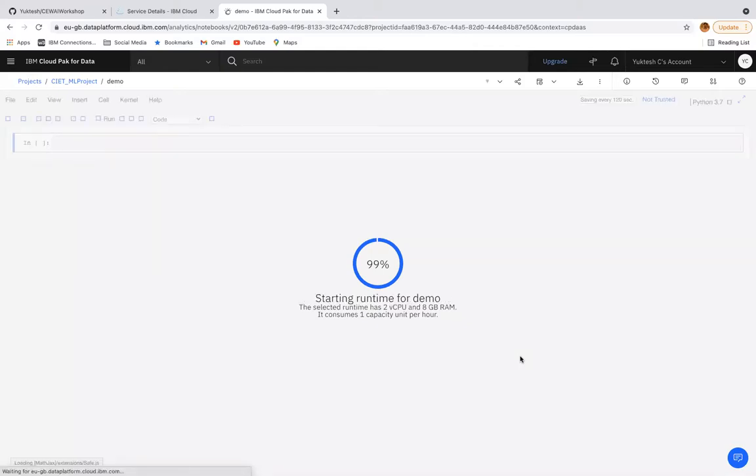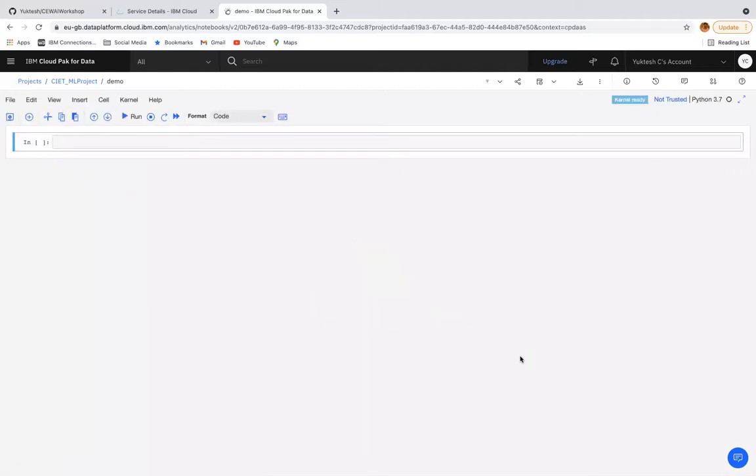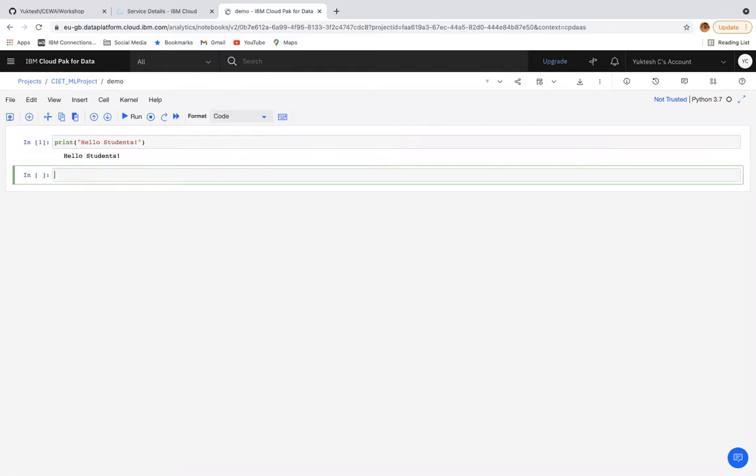That's where clouds are pretty helpful for us. I created the demo file just to show you that you can work on Python straight away on IBM Cloud like this. Shift enter, and that's where it got executed. So the point I'm trying to tell you.